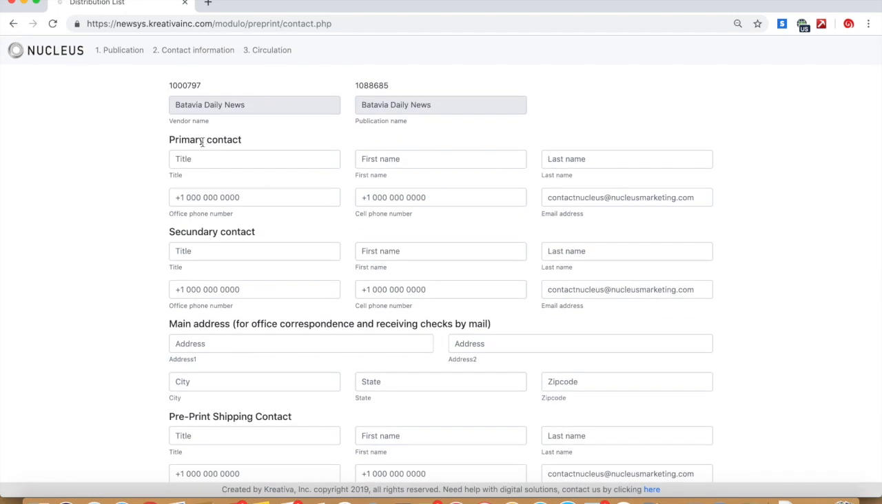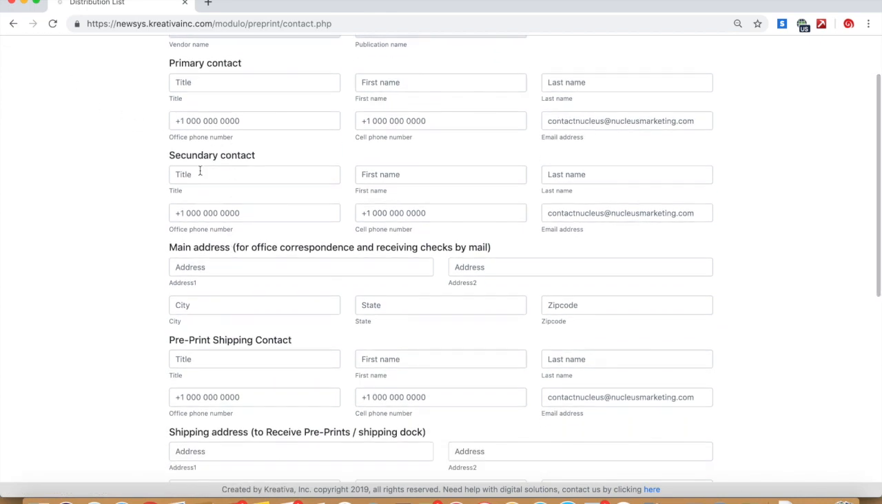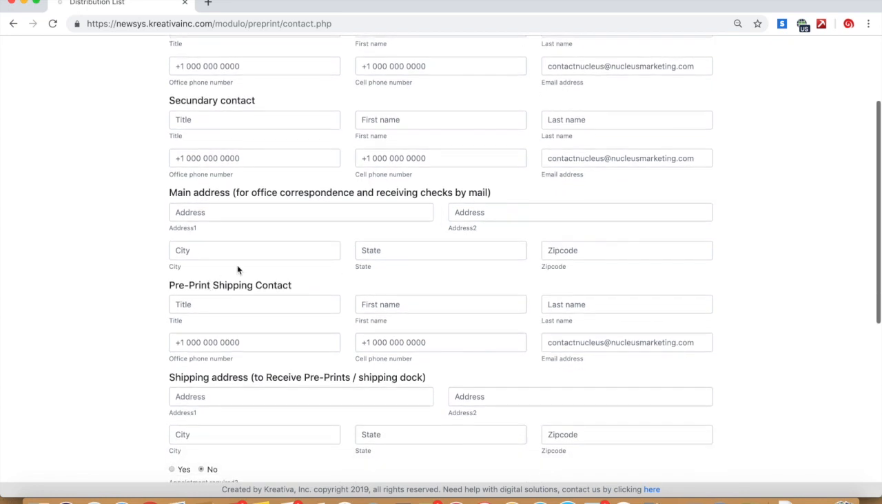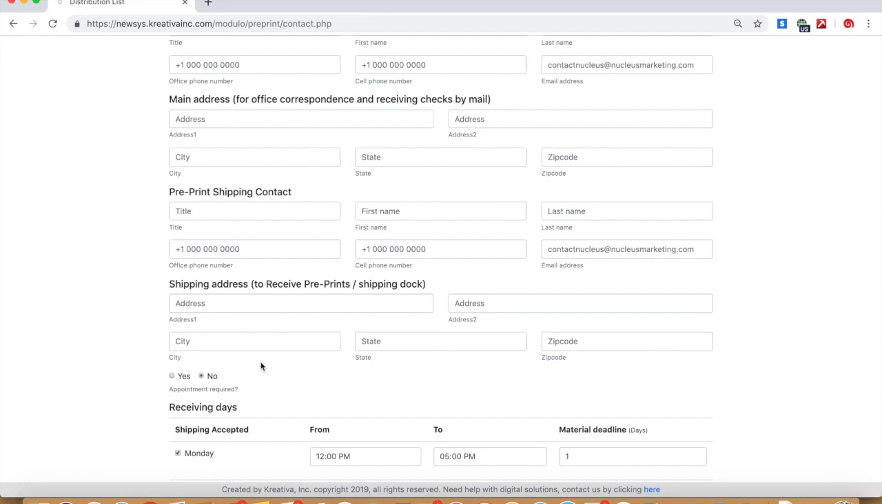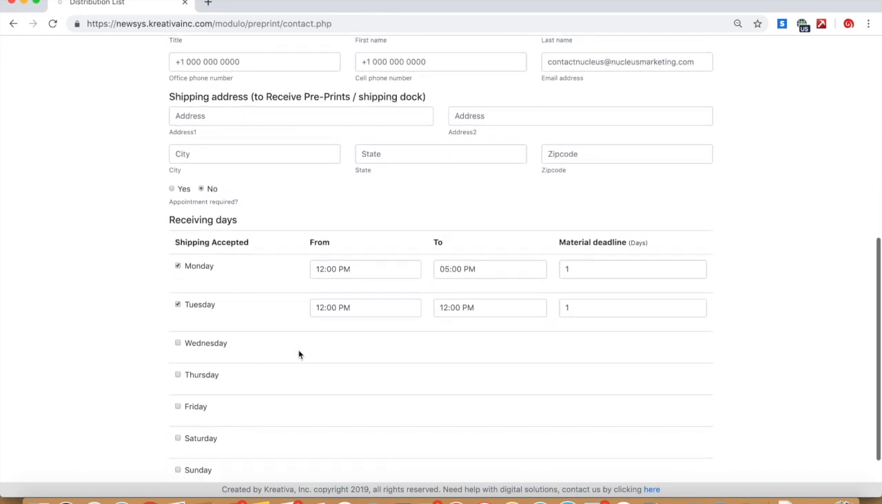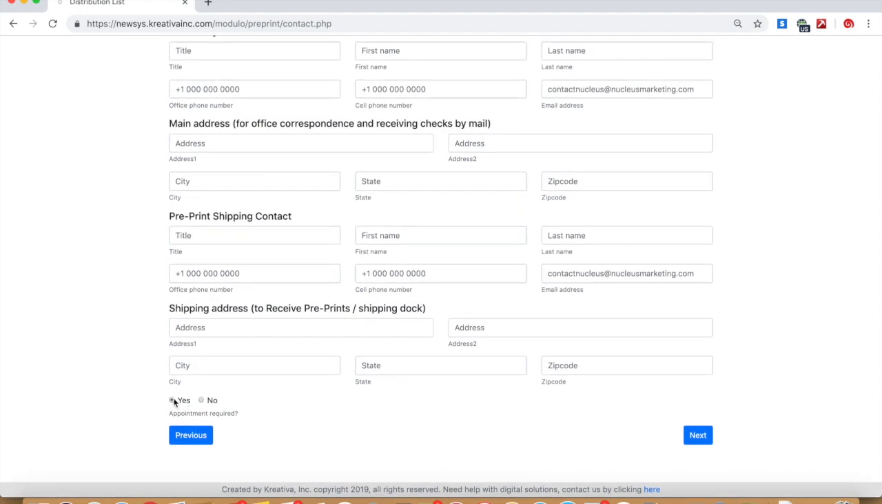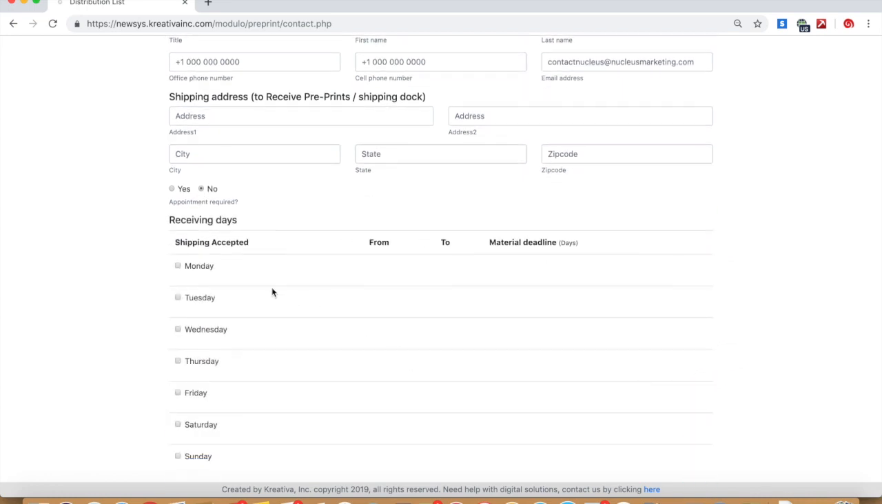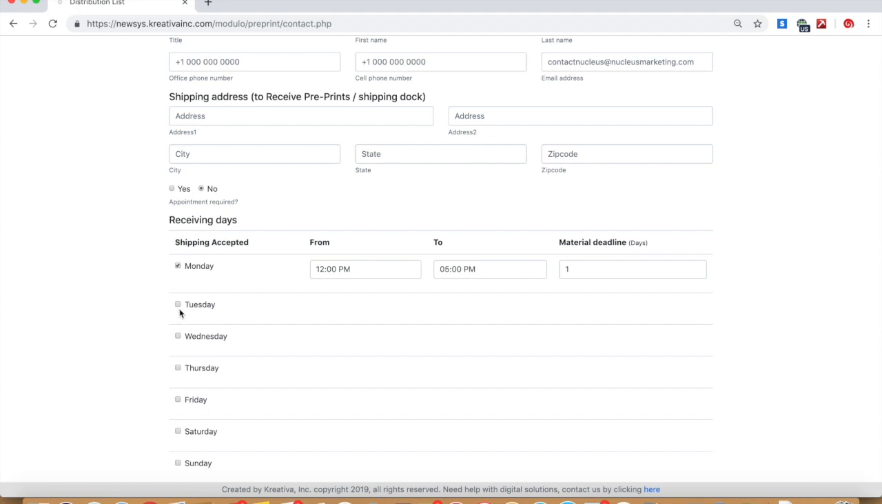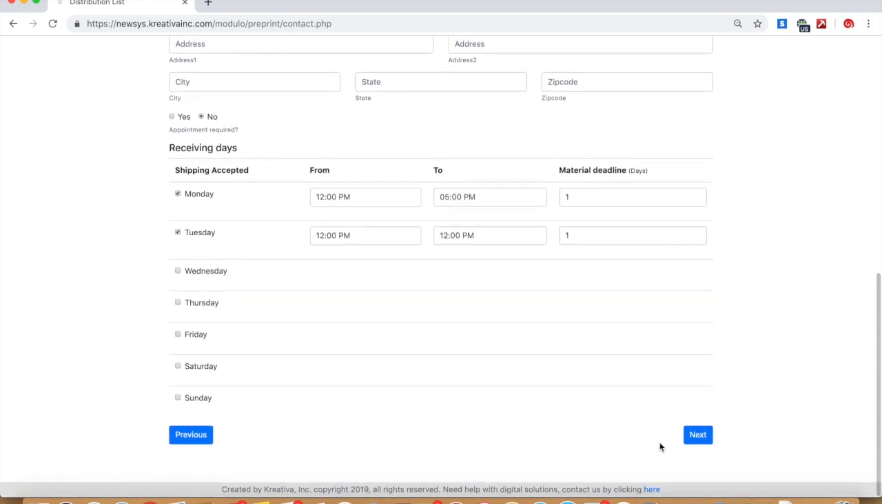Basically, you would input your information here, or whoever is going to be the main contact for our organization and yours. Secondary contact is important to have as backup. Where you want to receive checks, the preprint shipping information, and one thing maybe just to highlight from this section is if your dock hours require an appointment, just click yes and we'll know to call you when there are inserts. If not, just tell us your dock hours by completing this information here. Then you click next,